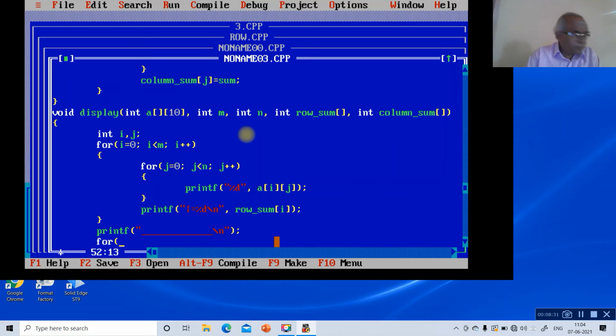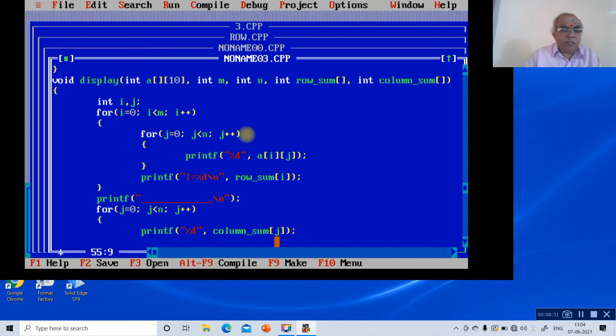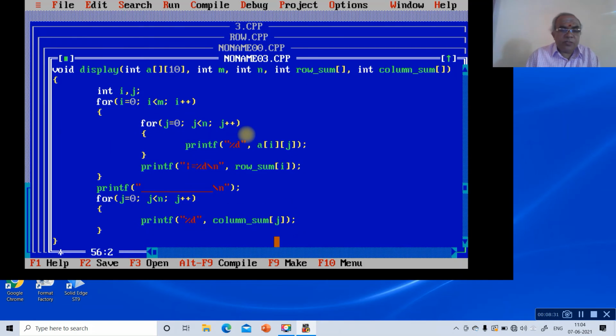Then for j equals 0, j is less than n, j plus plus, you will get printf percentage d column_sum j, then close this loop, then close this loop.